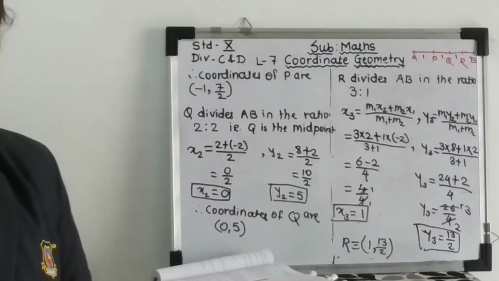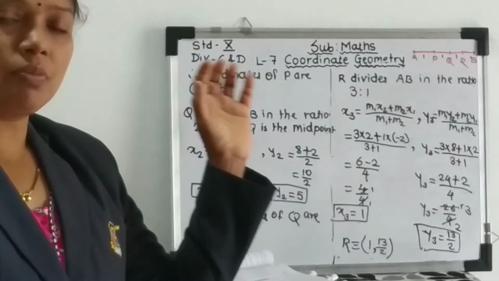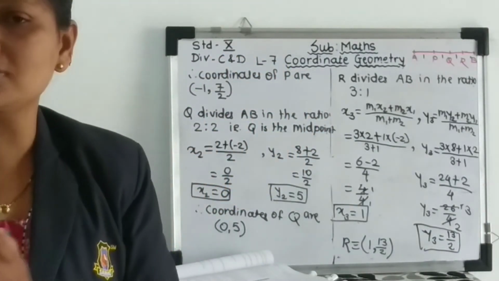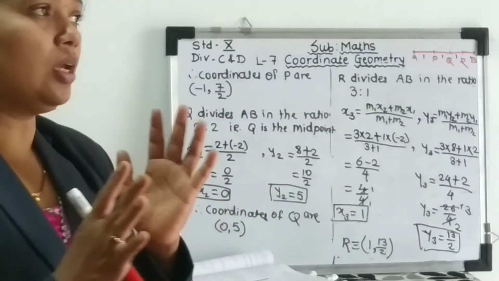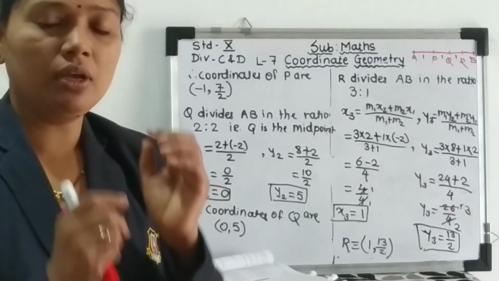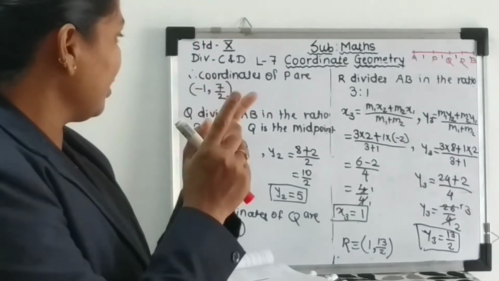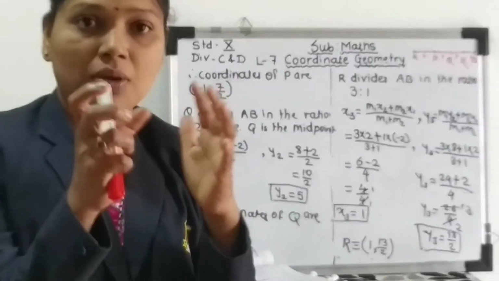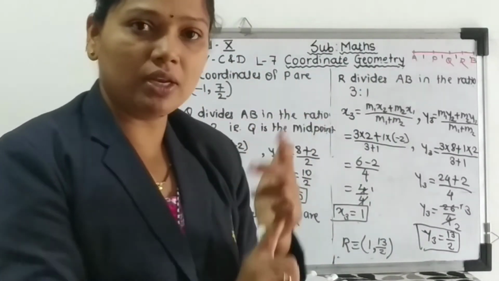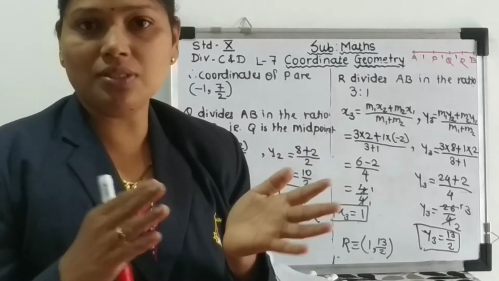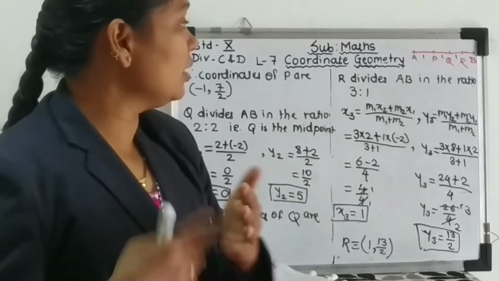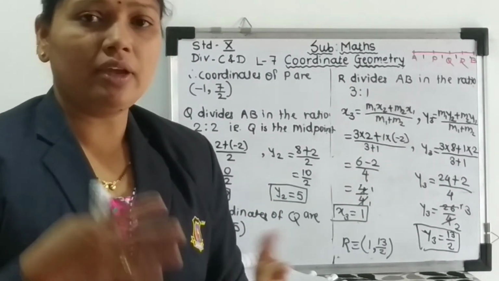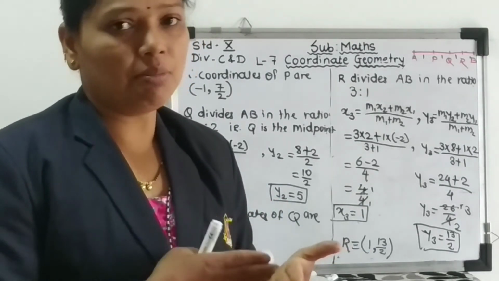So you understood how to find it, no matter in how many sections or parts the line segment has been divided. Here we only have to take care to correctly take their parts, whether the statement given says it is equally divided or different parts are divided differently. We have to pay attention to that. If the point is in the middle, that time it is easy.